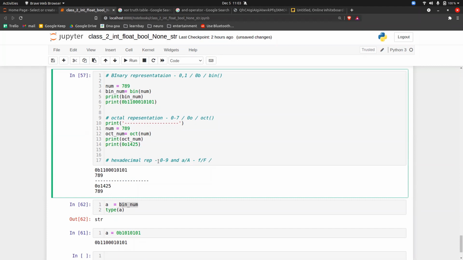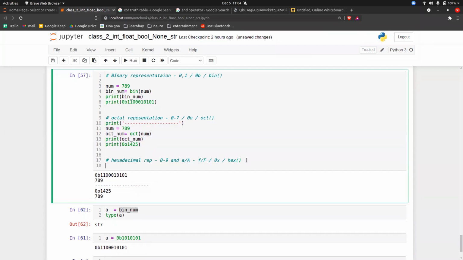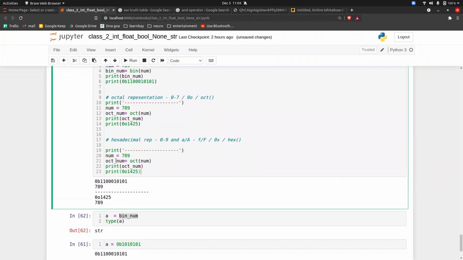The notation for the hexadecimal number is 0x. And the function to convert any number to hexadecimal is hex. Okay, let's take an example. Copy this, paste here, and I will write hex here, and this will also be hex.